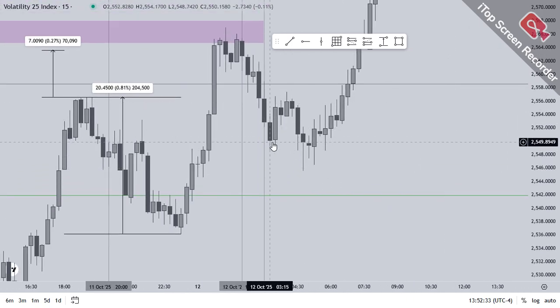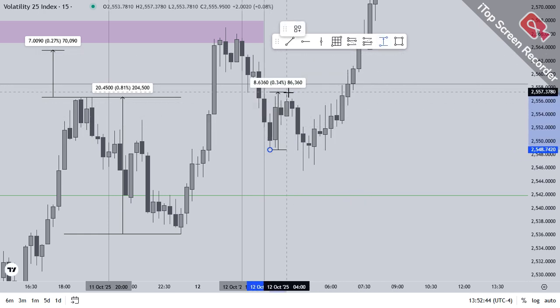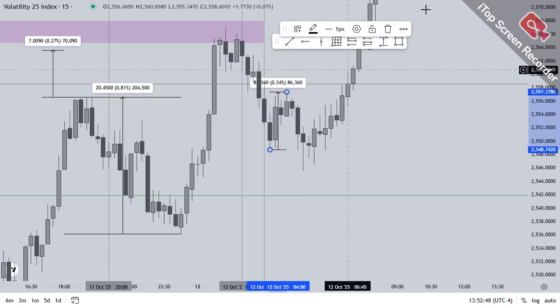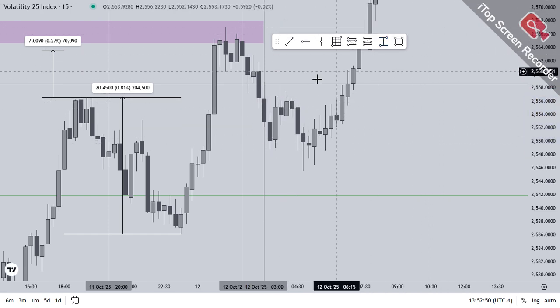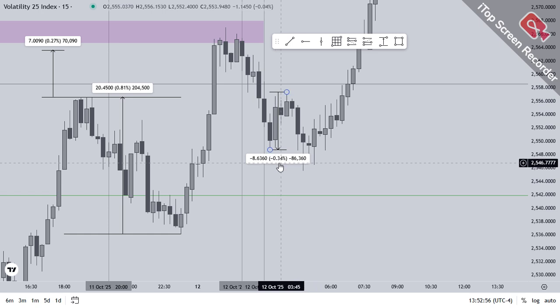So we had a mathematical play. I think I took a buy here but got stopped out at this point. So I just had to relax, and then I saw that mathematical play again, where we had this high, down to this low, which gave us